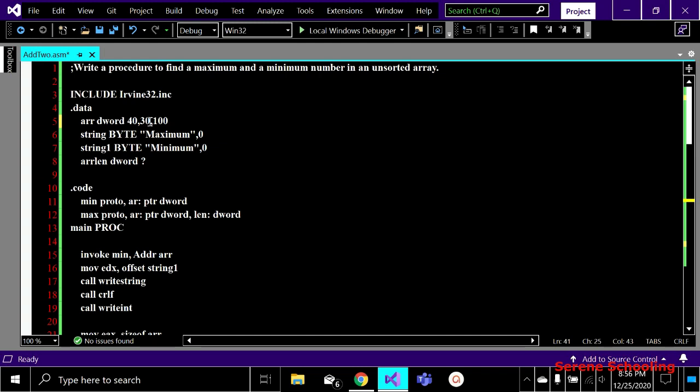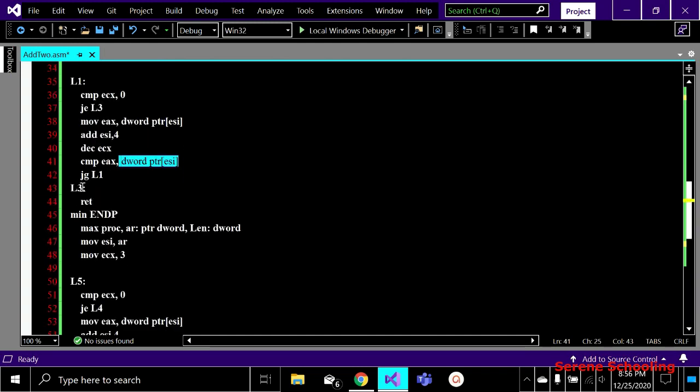It is not greater. So what will happen? This condition becomes false. It is not greater. Second element is not greater, which means it will come out of the loop, and we will simply return.